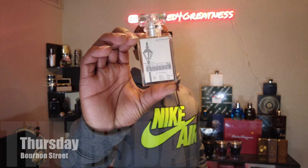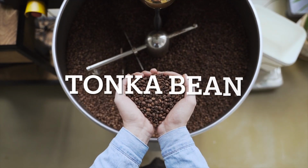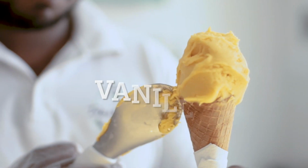Now the next fragrance, y'all know Thursday, best day of the week, man. So we was feeling good. It was hella cold this day. It started to get colder towards the back end of the week. So on Thursday, we decided to go with Harris Parfums Bourbon Street. Spices, bourbon, tonka bean, cedar, and vanilla. All I'm gonna say is this, fam. Bourbon, cedar, and vanilla. This is extremely sweet in that vanilla as it's making its way through the dry down,